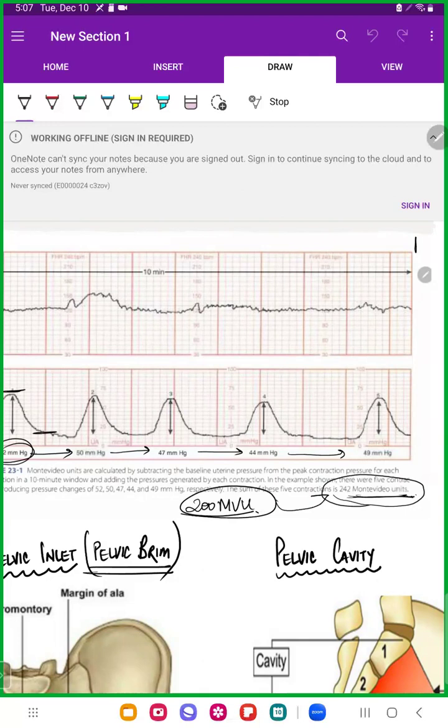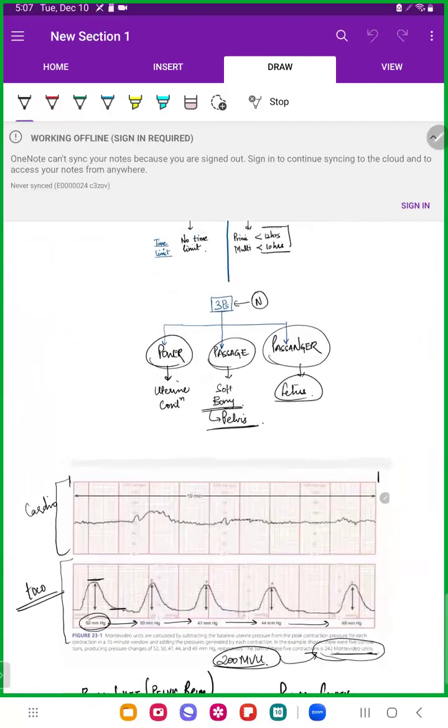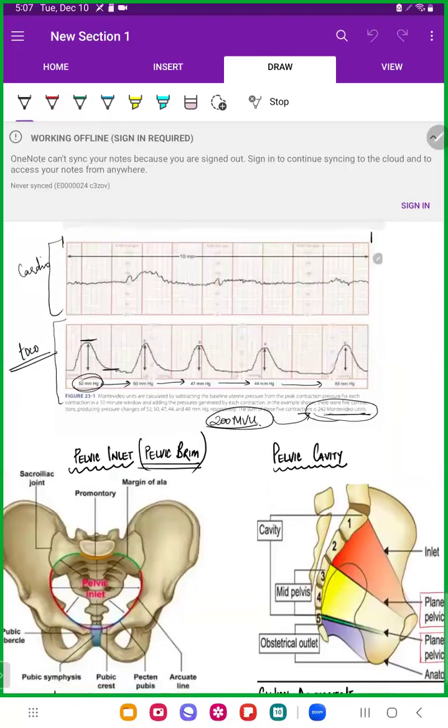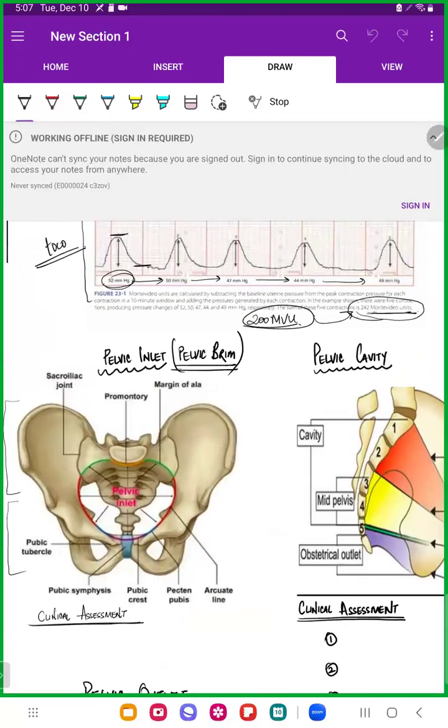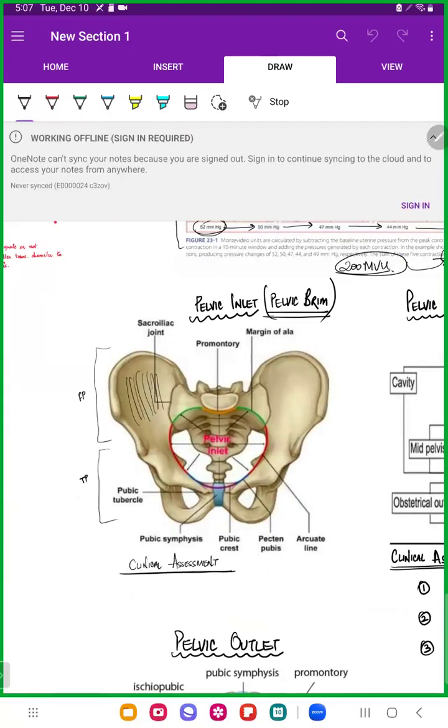So this patient is having 242 Montevideo unit pressure contraction. So yes, she is having adequate contraction. Next comes the passage. So passage is the pelvis. So pelvis is divided into two parts. The upper half, which includes our iliac blade, that is the false pelvis, and then comes the pelvic inlet or the pelvic brim, and the area below this pelvic inlet is the true pelvis, and this is of obstetrical significance,